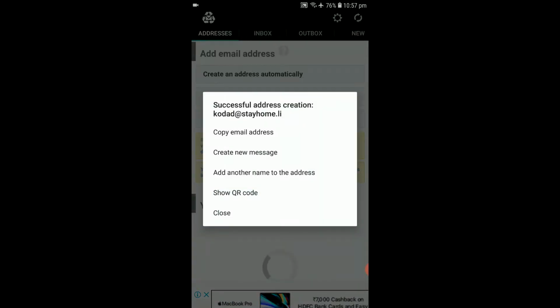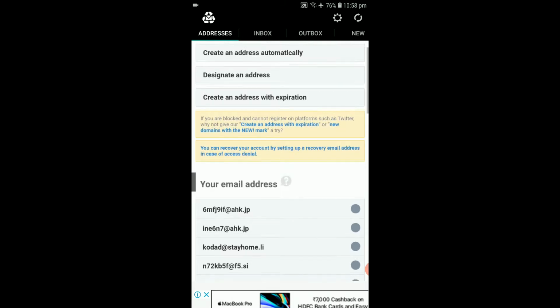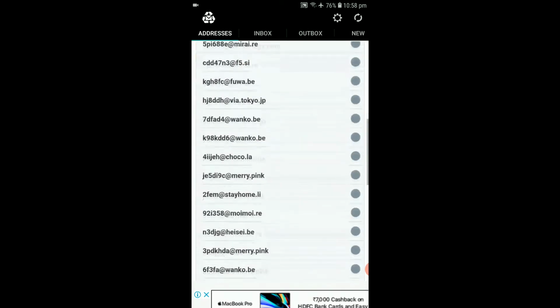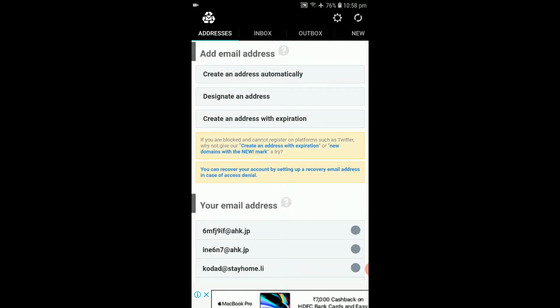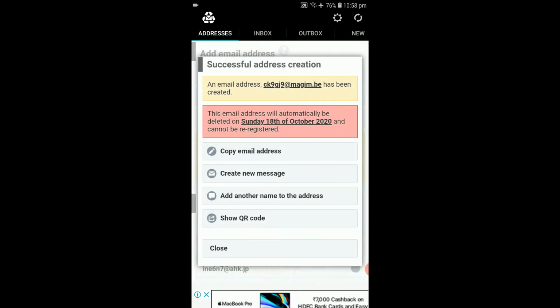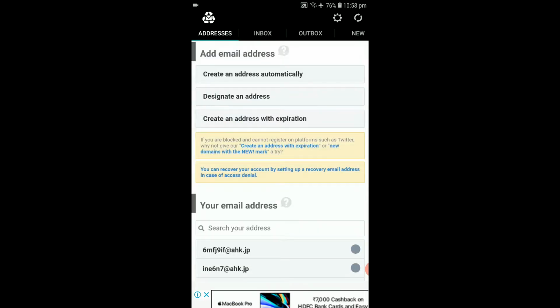There our email address has been successfully created as we gave it on our name, and you can create any mails on your name, and good news is that they will remain permanently until the app is uninstalled. We can also create an email address with an expiry date and they will remain until 1 month of the date generated, as you can see on the screen, and that is really nice.